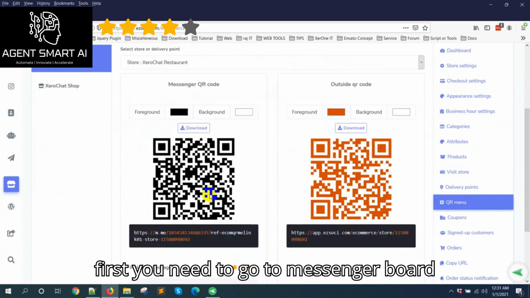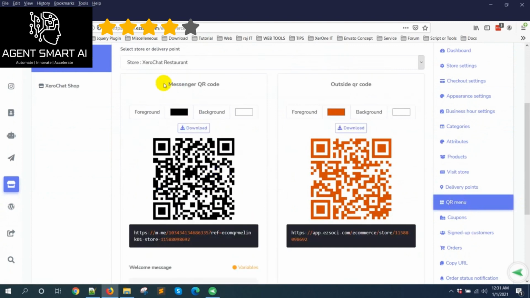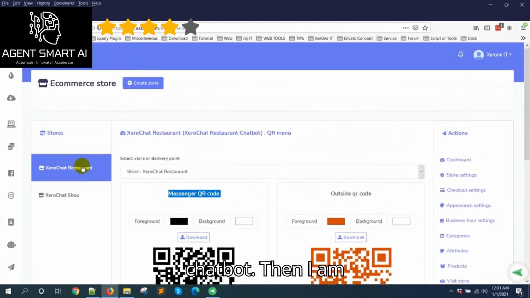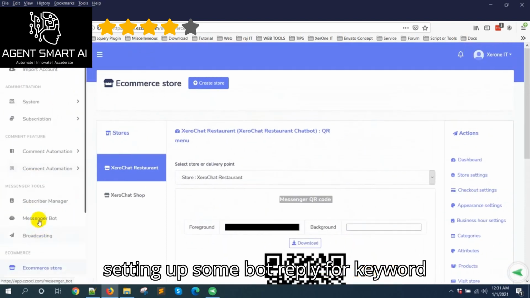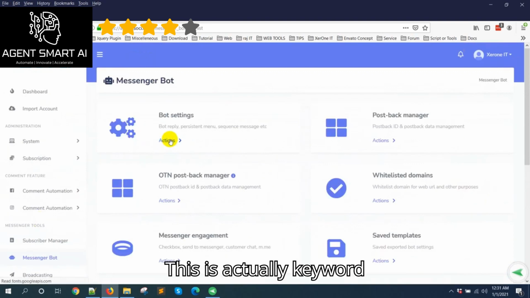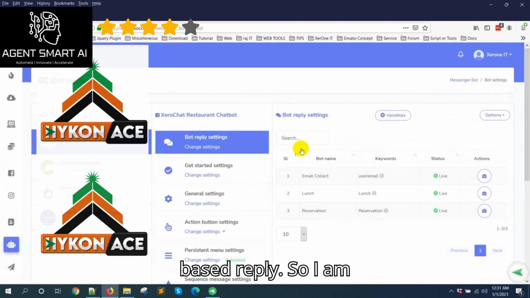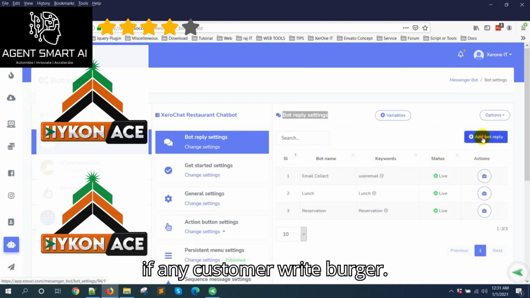First you need to go to messenger bot, then click on bot settings. Here is my page, Zero Chat restaurant chatbot. Then I am setting up some bot replies for keyword based. Okay, click on add bot reply. This is actually a keyword based reply. So I am writing burger, and please provide your keyword burger. So if any customer writes burger,